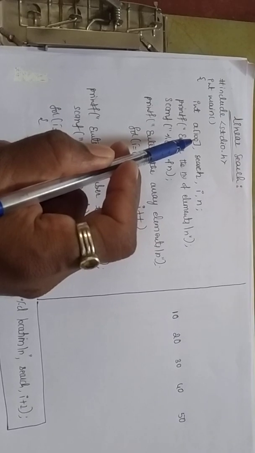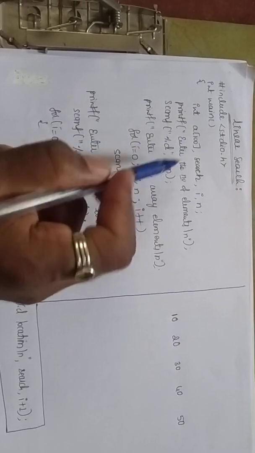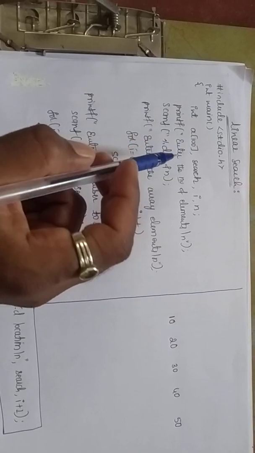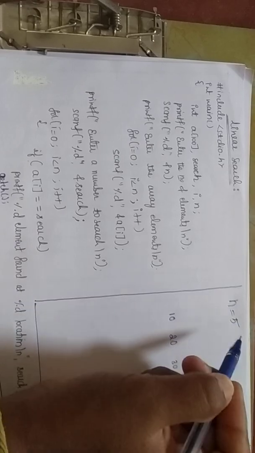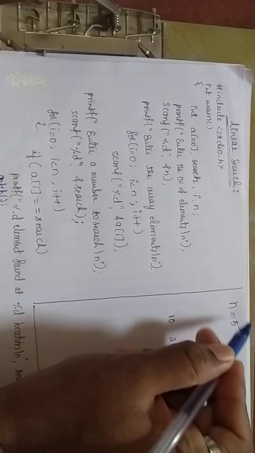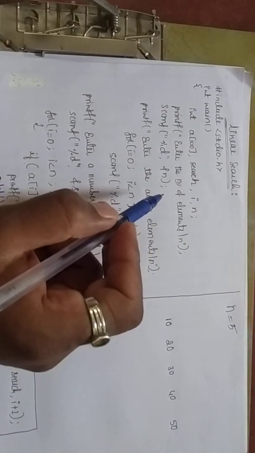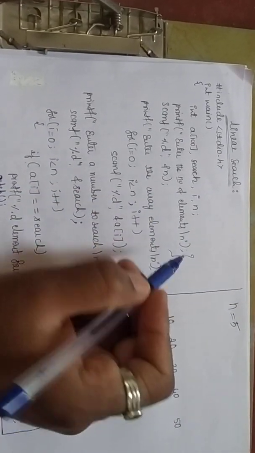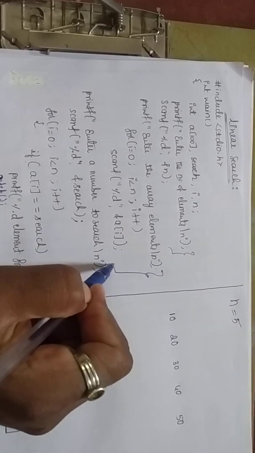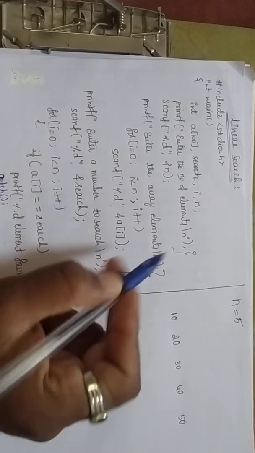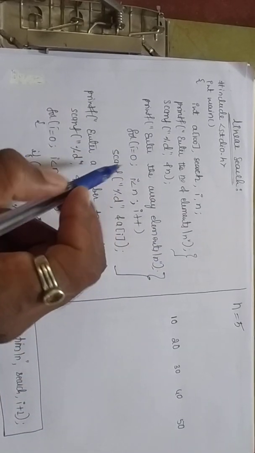Okay now. So here I don't want to use all 100 locations. I am going for any one number out of this. So now my n value will be n is equal to 5. It means out of 100 only 5 locations I am going to use. It means 5 elements I will enter into the array. Got it? So this is the n value. After entering the n value, I want to enter the values. I want to enter the 5 values into the array using printf, for loop and scanf statement.